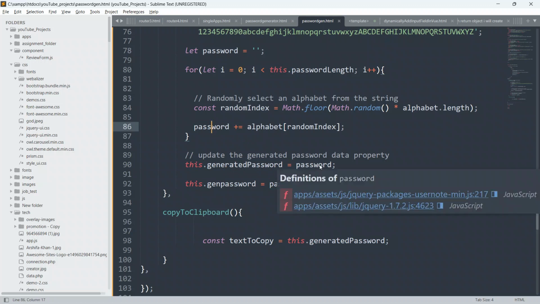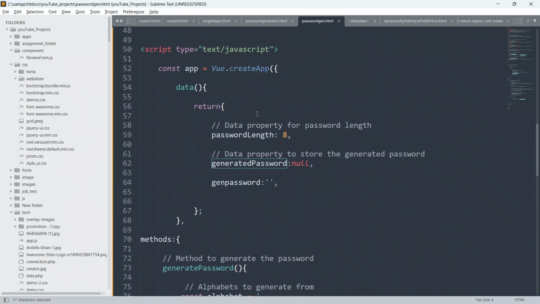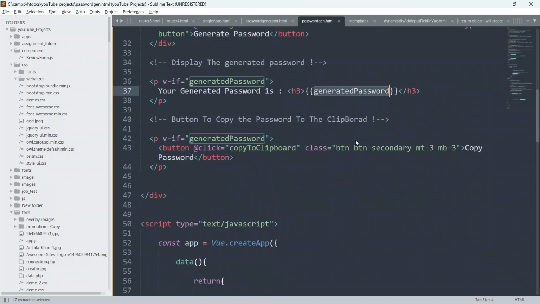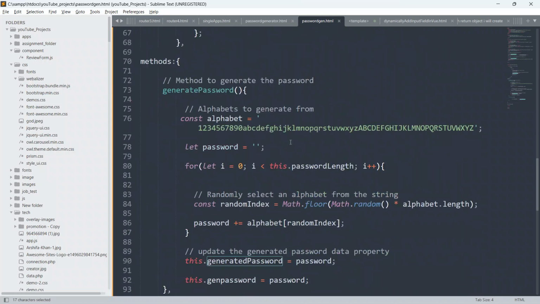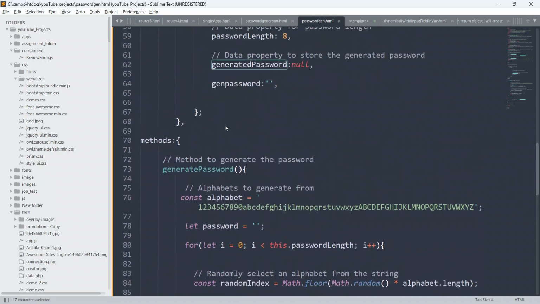The string which is inside this password variable, we are assigning to this generated password data property, which we have already defined here.